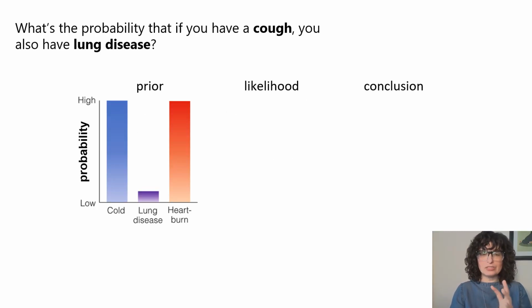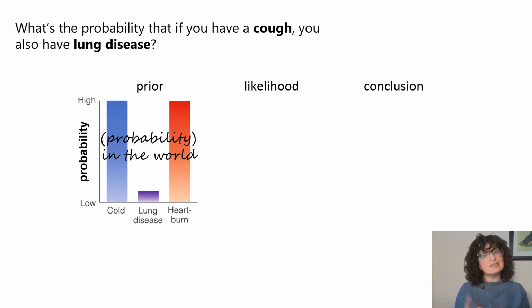Now, I think Bayes is actually easier to understand in the context of a medical example. So we're going to take this example of what's the probability that if you have a cough, you also have lung disease. We're starting with the priors. So this is our initial belief about the probability of an outcome. And my belief refers to my understanding of the probability that a person has any of these medical problems. Like, how likely are these in the world? Colds, pretty common. Heartburn, pretty common. Lung disease, fairly rare. So that is literally your prior experience and your prior belief about the likelihood of these